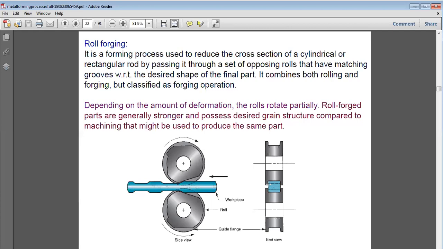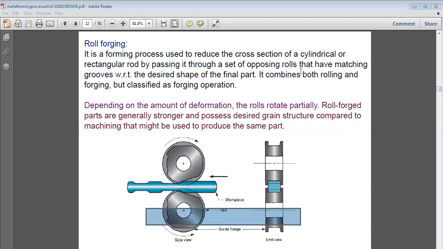We see the dotted line is the hidden line for this. Basically, this is where the grooves are cut. When we see from the side view, the first groove will not be visible to us because the material there is not cut, but the material behind it has been cut. That's why it is shown with dotted lines. Clear? So this is the center of the upper roller, and the second is the center of the lower roller.